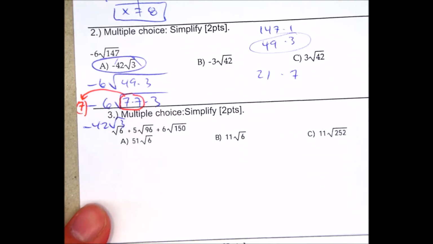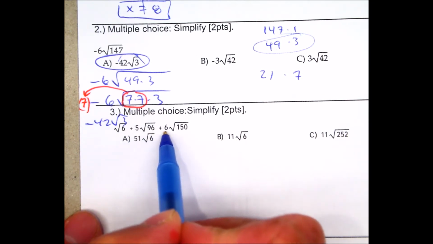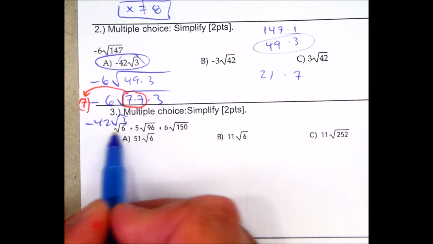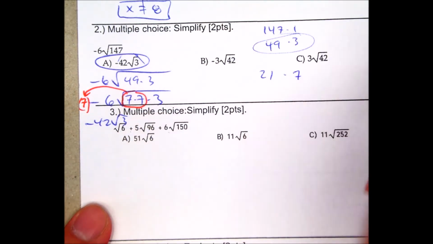Question number 3. I have radical 6 plus 5 radical 96 plus 6 times radical 150. So I can't add these. These are not like terms because all of them do not have a radical 6. So that's probably my hint. So as I break these down,